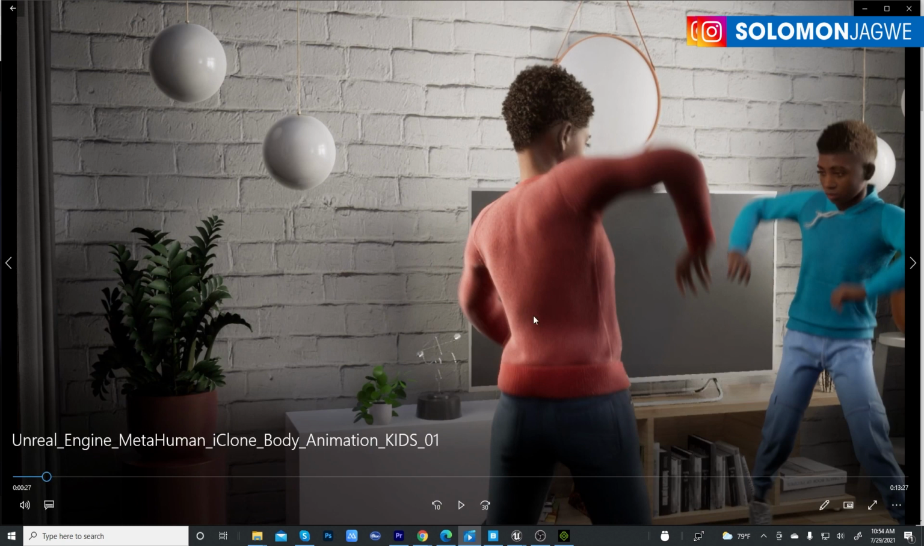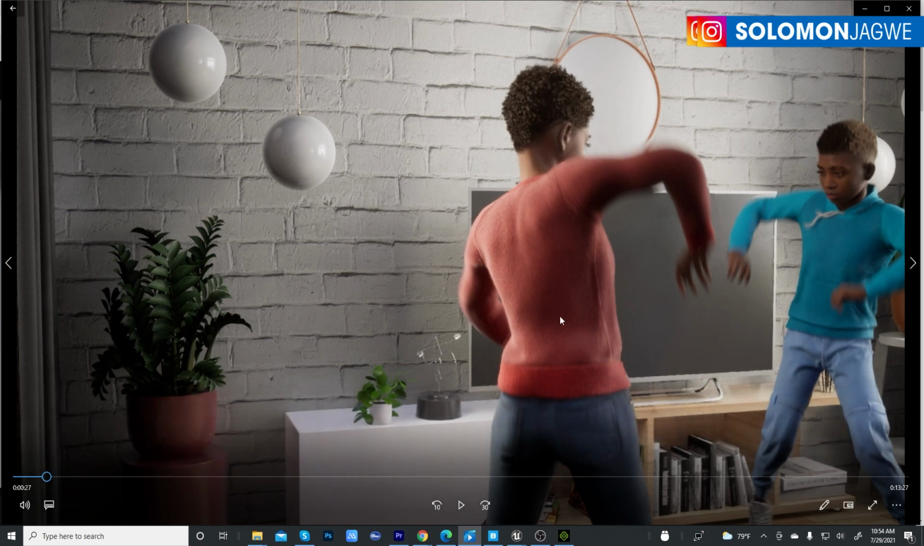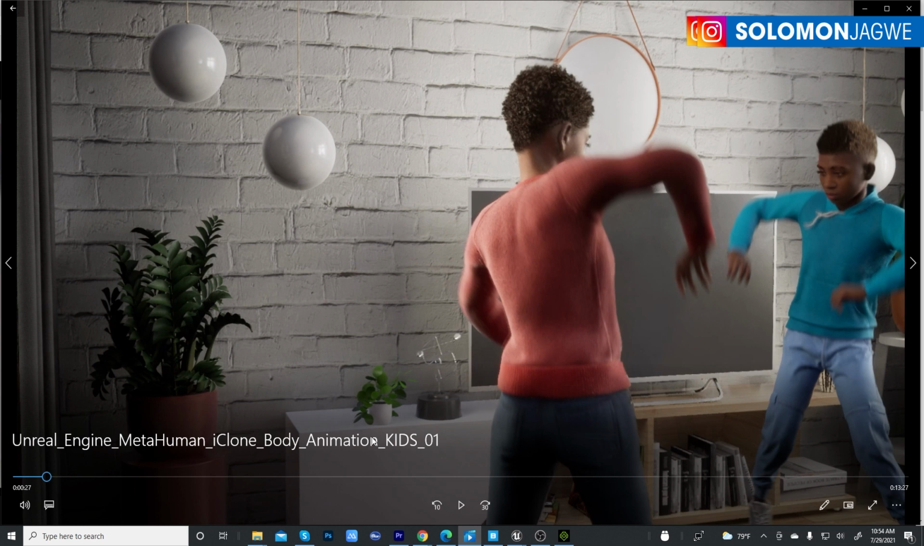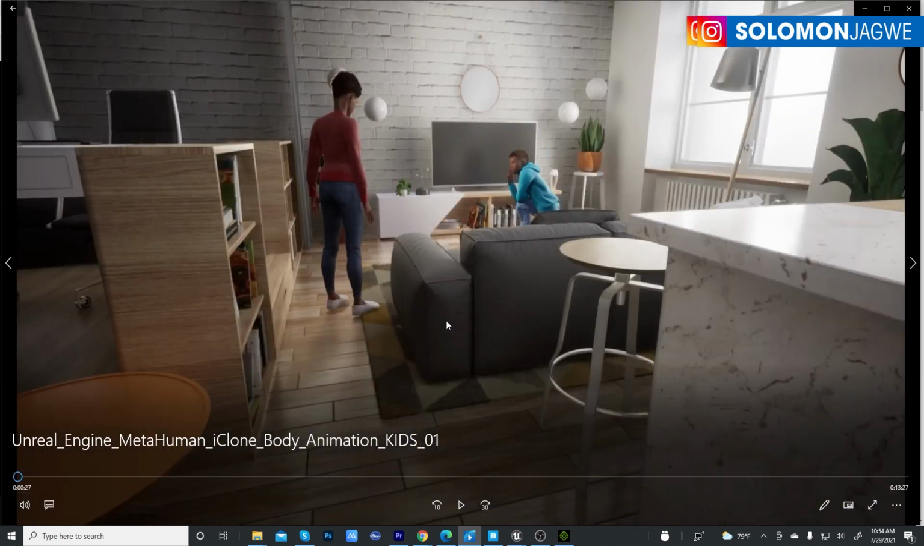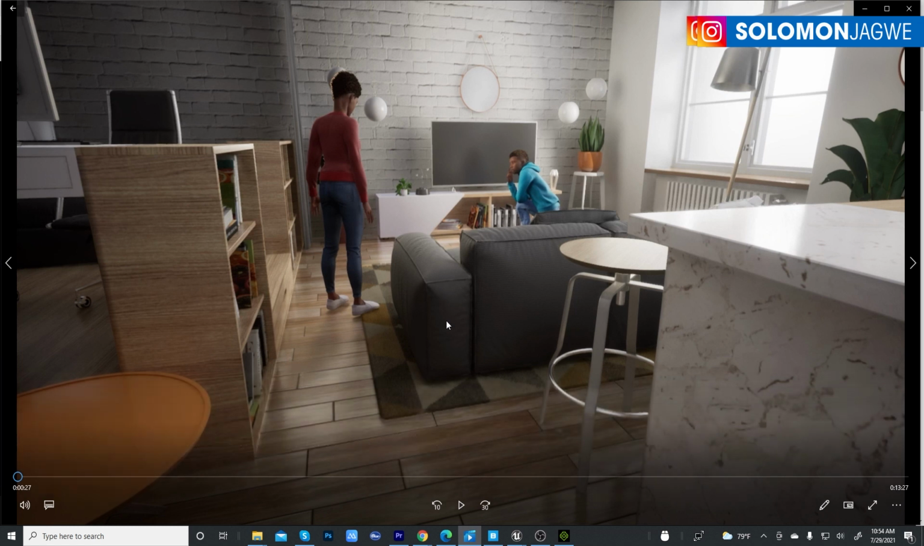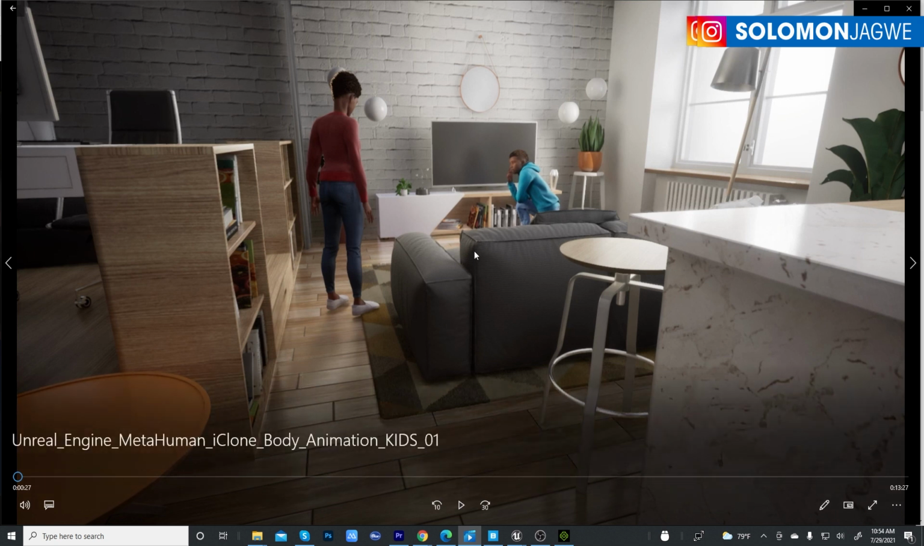The idea again was I wanted this realistic environment to place these two MetaHuman kids in a dance-off at home, something really fun. That got me on this path of how I would be able to animate these MetaHumans within this environment. Two things I had to do: first, find an environment,